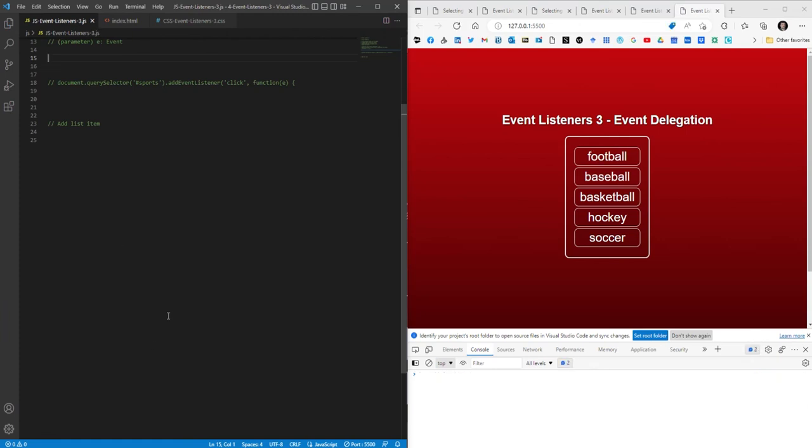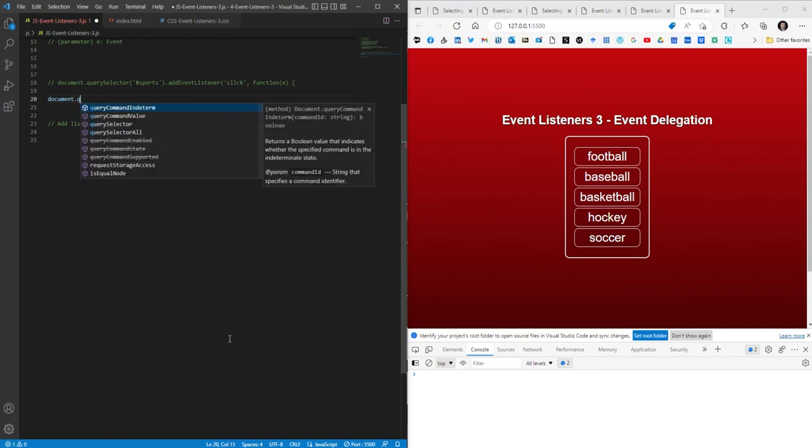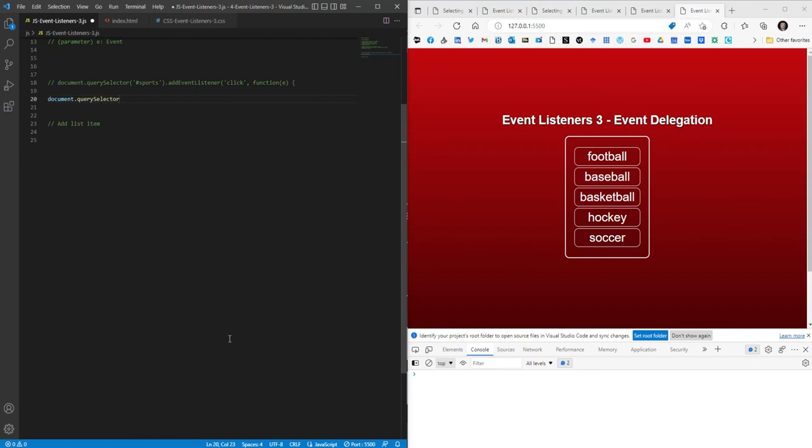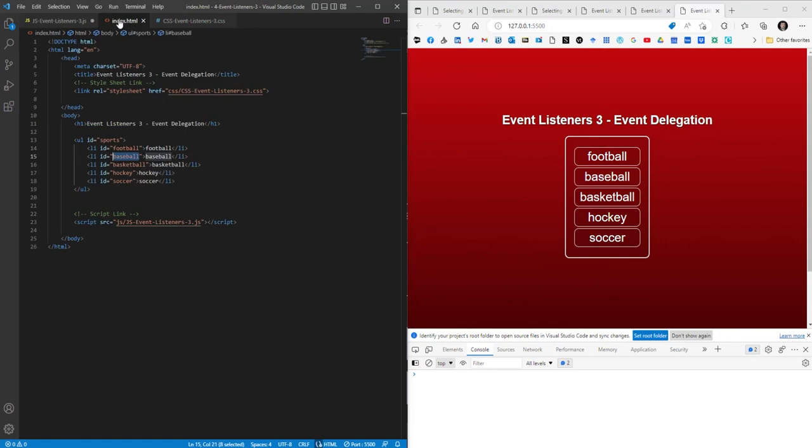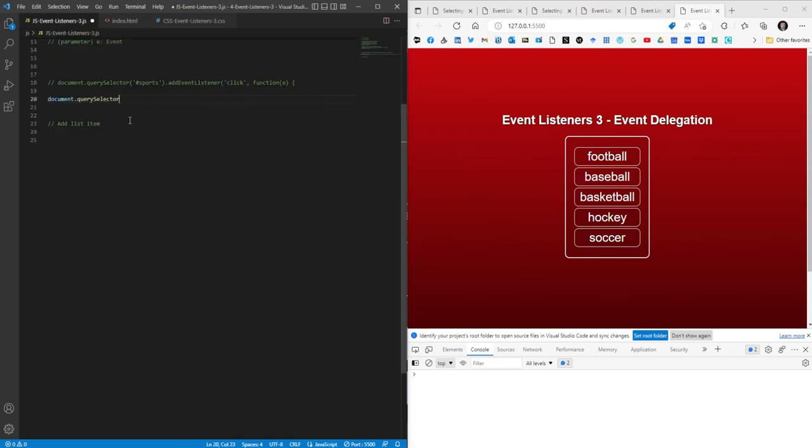And let's do it a different way. Okay, so we've lost all the functionality. And this time what we're going to do is let's go back and look. So we don't want to query for any of these. We want to query for the parent. And the parent has an ID of sports. So we want to query for